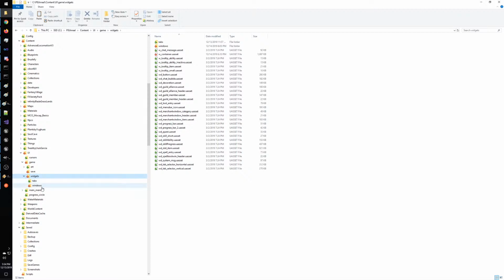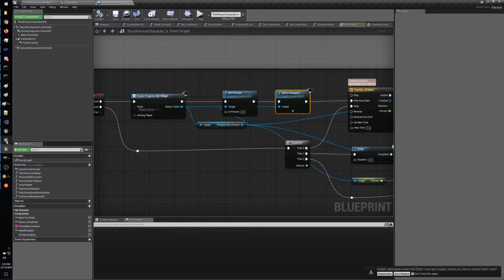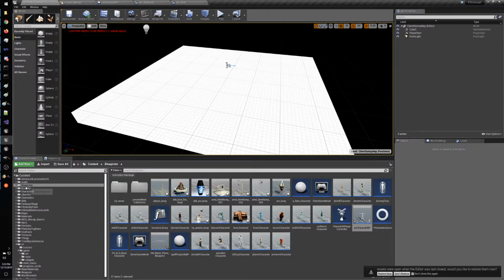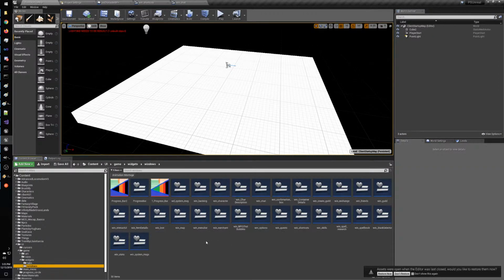Is it a window or is it a widget? No, it's a window. So in theory, it should go inside of this. It should also be renamed win something. So if I put it here, let me see what happens. Window, yeah. The only problem is that this one has to be called